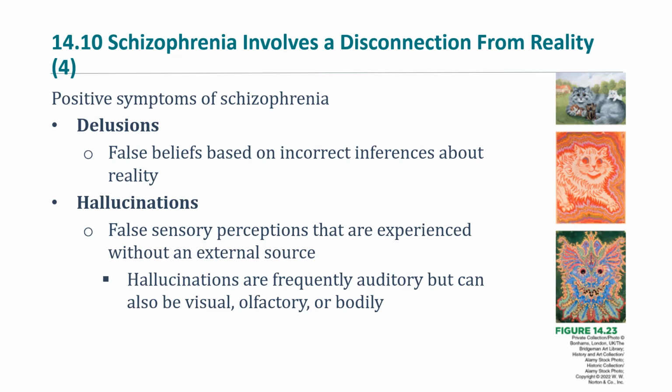And there's other reasons why auditory ones are more common. Like you could be hearing certain sounds that you just imagine are voices and things like that. Visual hallucinations tend to be more rare, seeing something that's not there, but they certainly do exist. You could also have olfactory hallucinations, smelling something that's not there, or bodily hallucinations, like feeling pressure against your skin that's not really there, for instance.